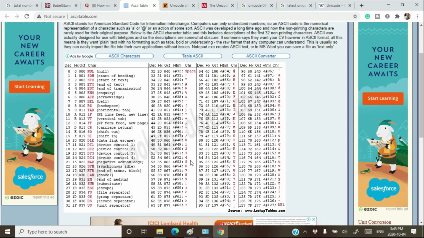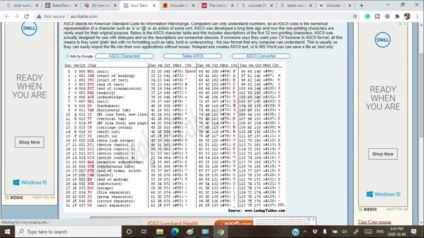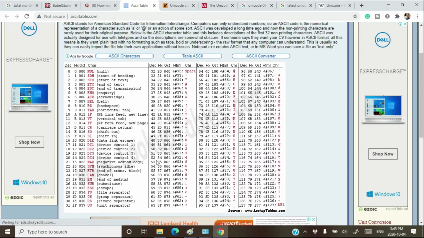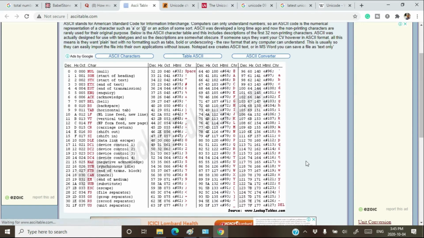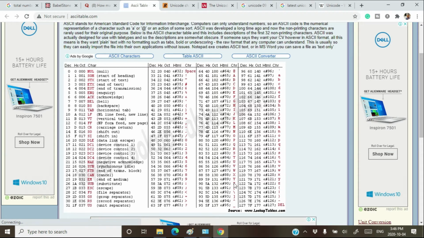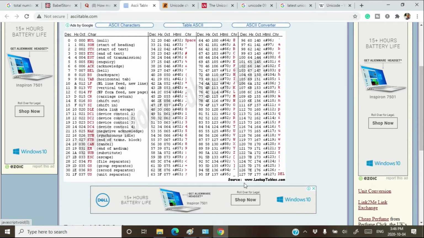If you have to store those digits just like any other character like ABCD, then you cannot store the binary of 4. You will have to store the binary of 52. The same number represented in hexadecimal is shown here. The same number represented in octal is shown here. So here you can see we have a total of 128 characters from 0 to 127. All the characters are assigned various numbers, but we are not limited to only these characters, because you know how many languages we have in the world. The total of 128 characters here can be represented by 7 bits.